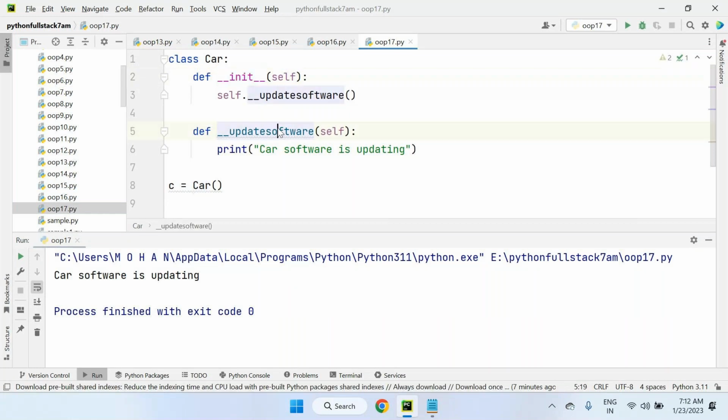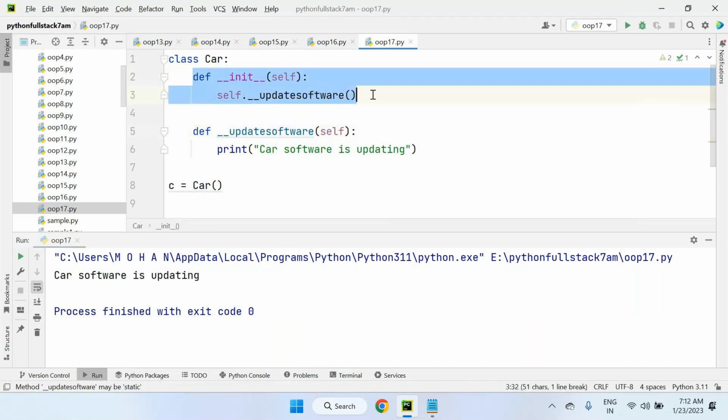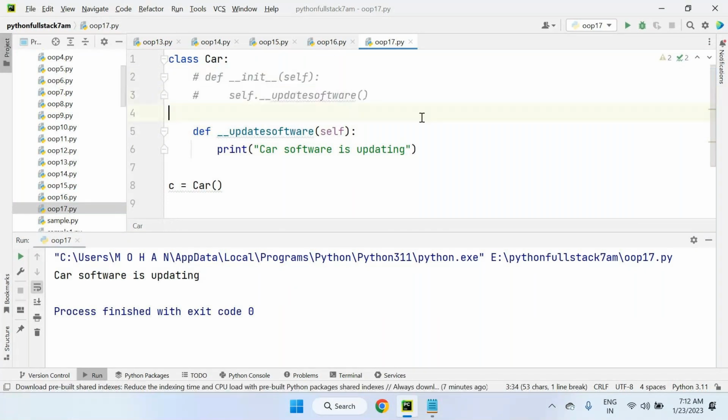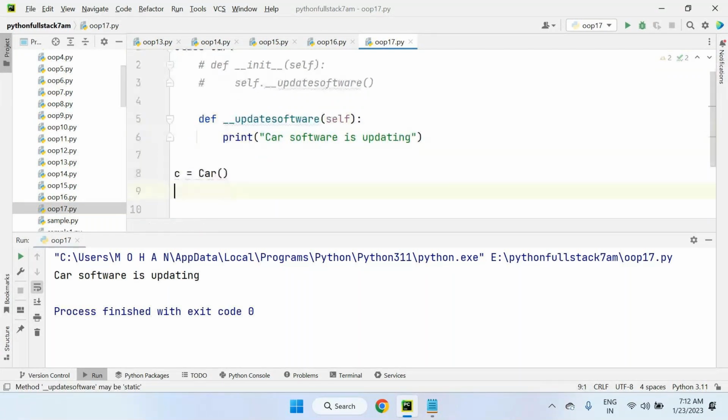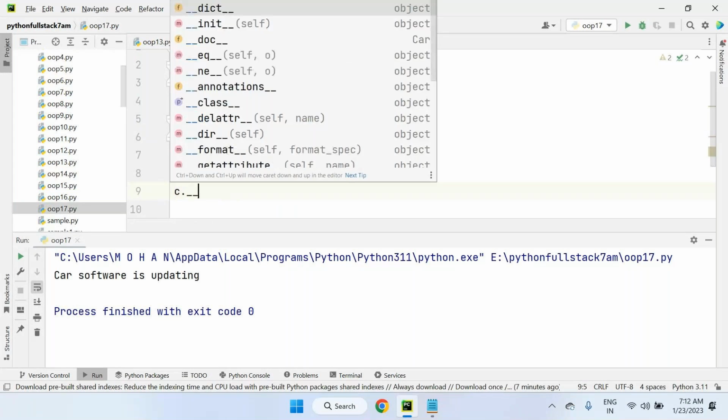Imagine that there is no constructor available. I'm just commenting it out, so there is no constructor present in this Car class. If the constructor is not present, then this update software method is a private method, and when we try to access it outside the class,